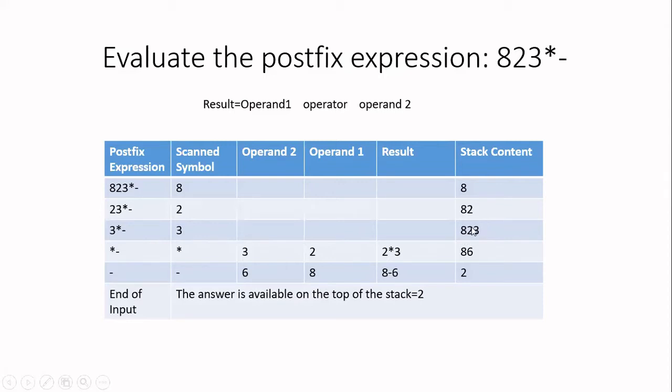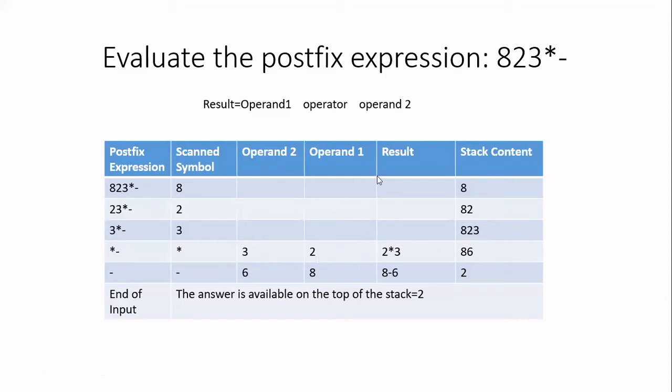So whatever I am going to pop from the stack first, that will be operand 2. Always remember, from the stack, you can pop only from the top of the stack. That is the last element you have added. That will be removed first. So 3 is the element I have added last. That will be removed first. So whatever I pop now, that is 3. That should be written as operand 2. Then you pop the next element from the stack. That is 2. This is operand 1.